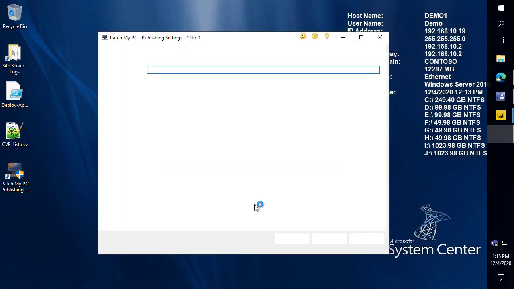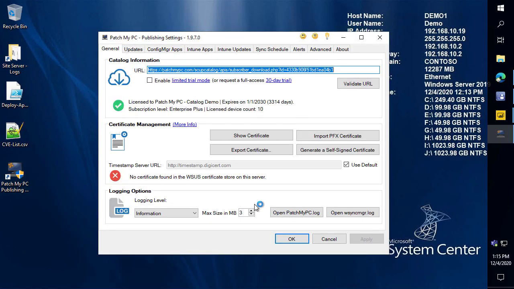So the idea here is once you go through and configure this, which generally takes under an hour, everything going forward is going to be completely automated. All the day-to-day stuff that you would perform as an admin would be in the console of either Config Manager or Intune. So first thing that we have going on is if you do plan to use our product for Configuration Manager third-party updates,